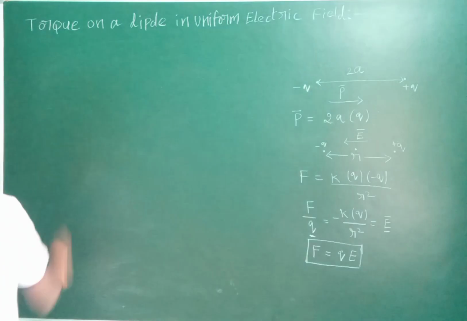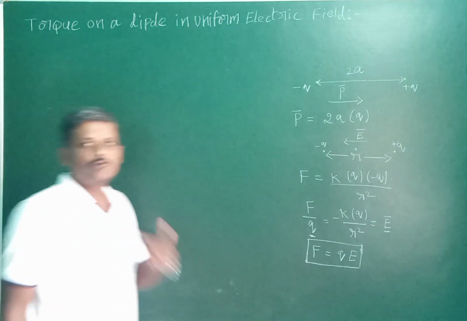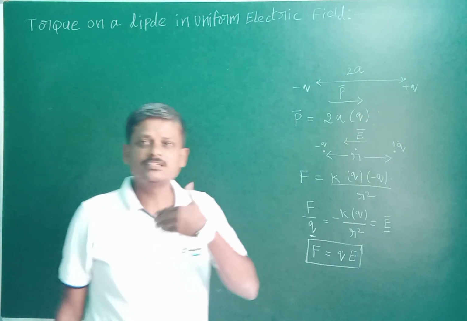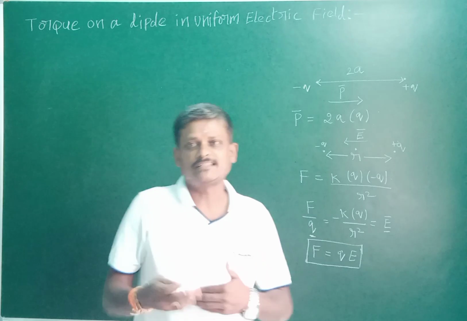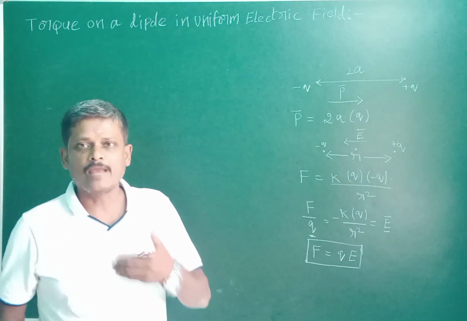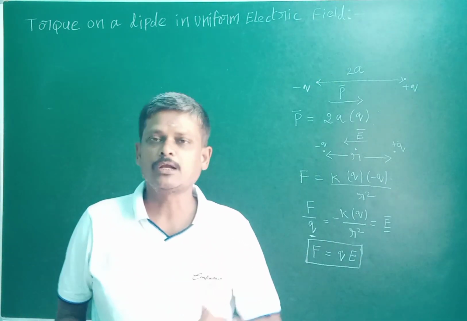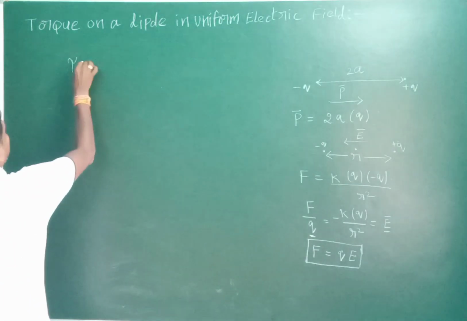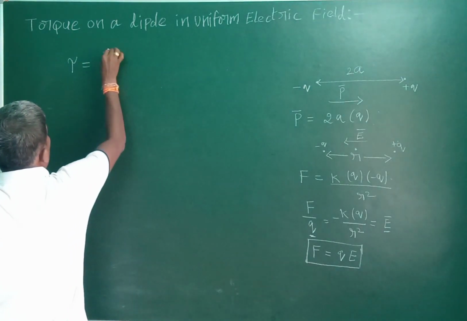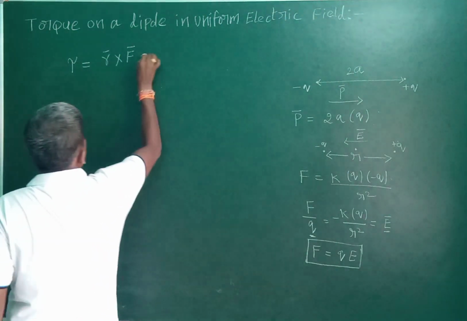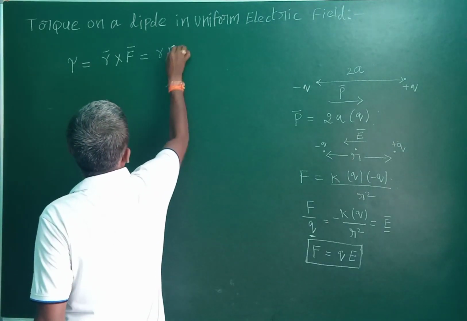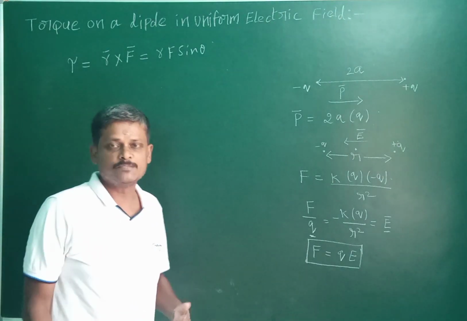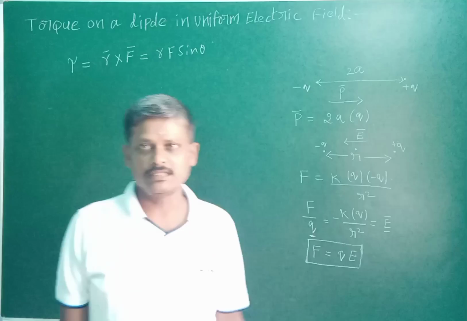Now I define torque. Two equal and opposite forces acting on an object that are not passing through the center of mass give a turning effect that can be understood using a physical quantity called torque, that is defined as the vector product of r and F, that is nothing but r F sin theta, where r sin theta is the perpendicular distance between the two opposite forces.